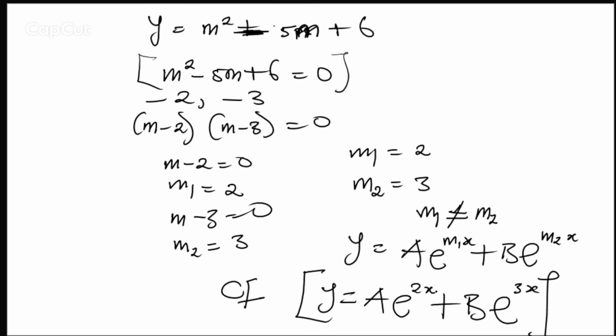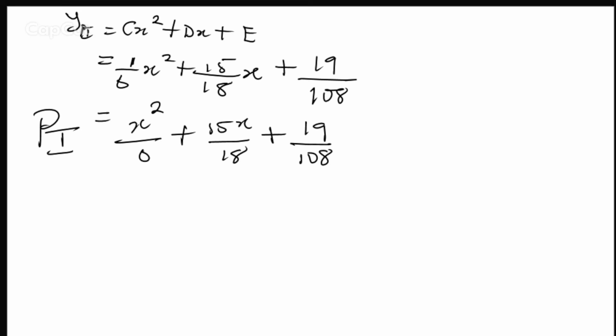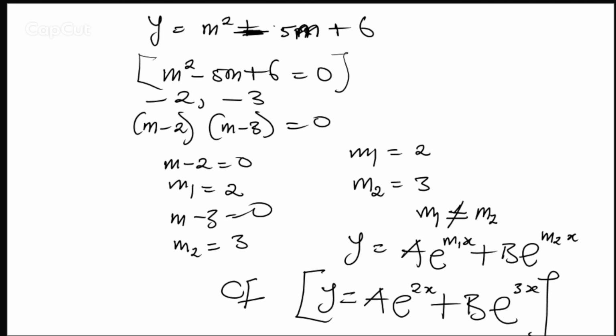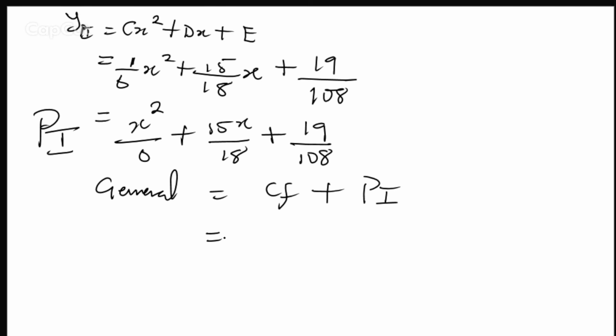A exponential 2x plus B exponential 3x. So what you do is you input these values into your general solution. And remember that your general solution is given to be CF plus PI. So what's your CF? Your CF was calculated to be A exponential 2x plus B exponential